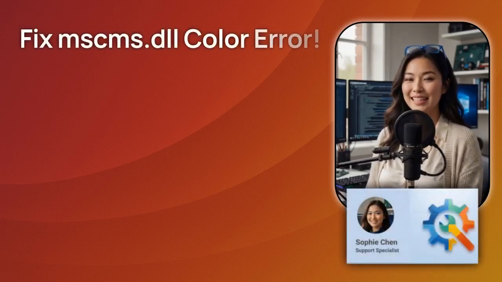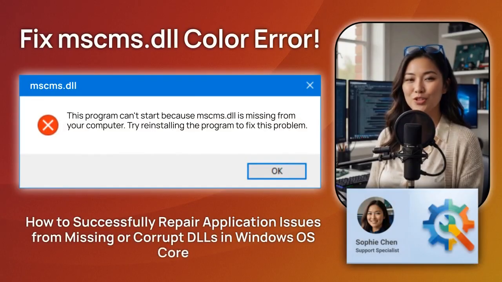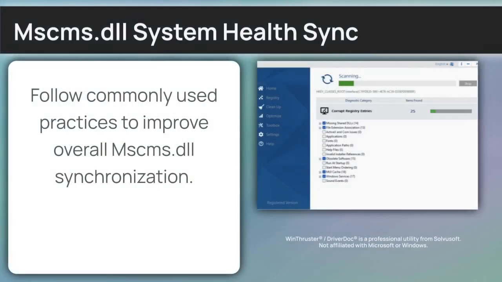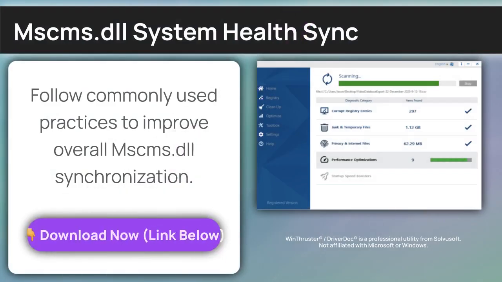Frustrated by the Mscms Library DLL software error message? I'm Sophie Chen, a Windows architecture specialist, and I'm here to implement a permanent fix for your Windows environment. To start our troubleshooting for Mscms Library, you can follow my manual steps or use a utility for a clean